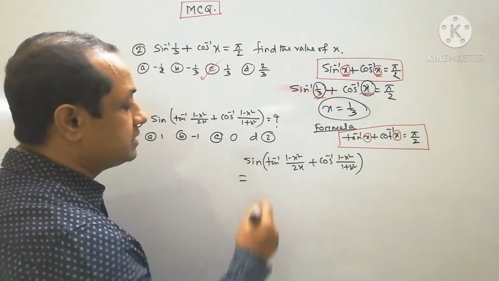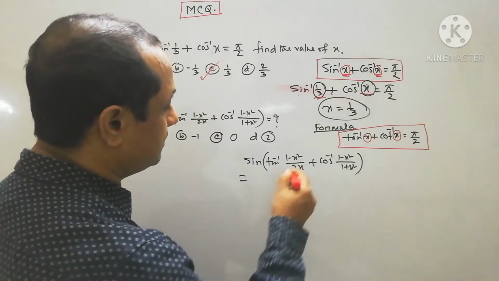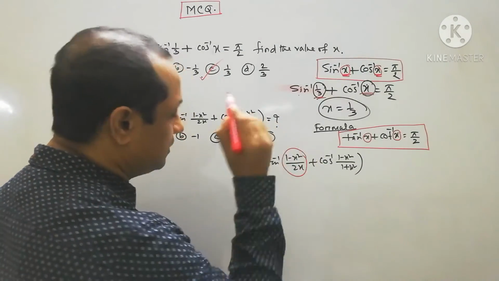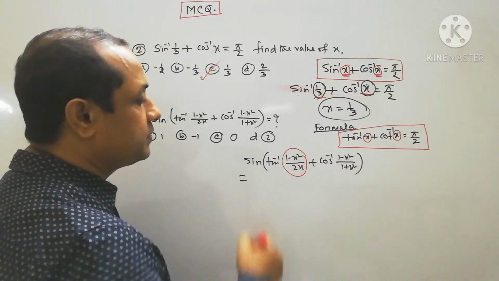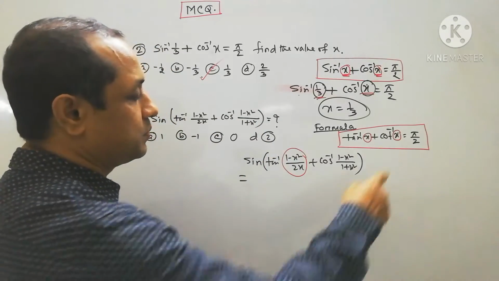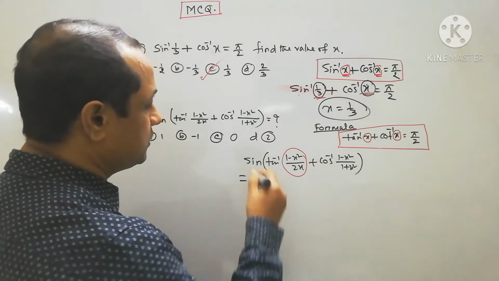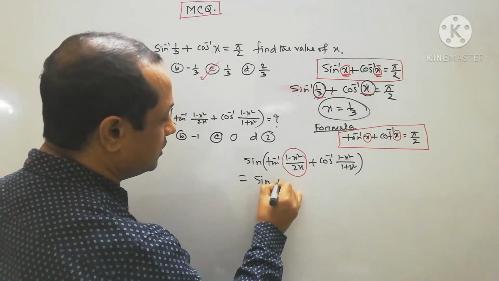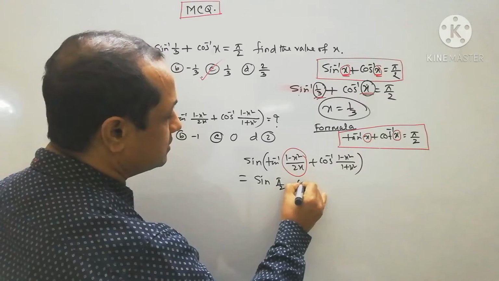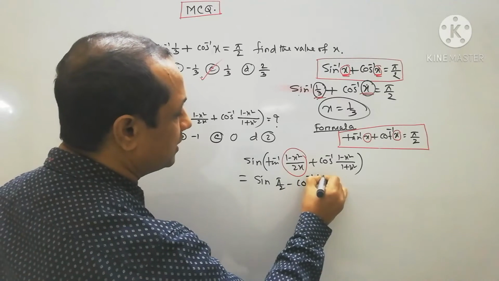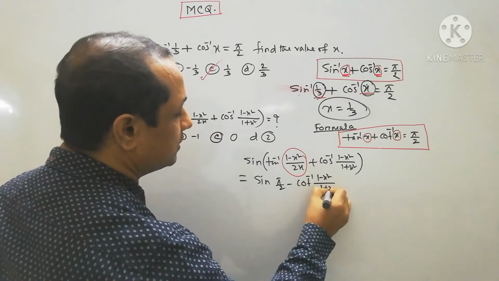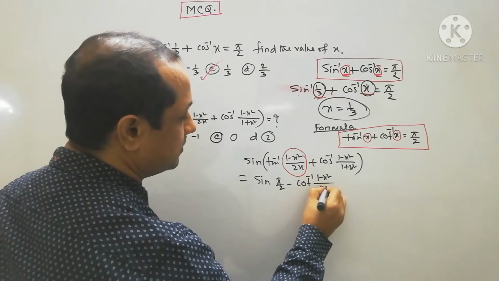But here, let us consider tan inverse x and cot inverse x equals pi by 2, using this formula. So here sin(pi by 2 minus cot inverse (1 minus x square) by 2x)